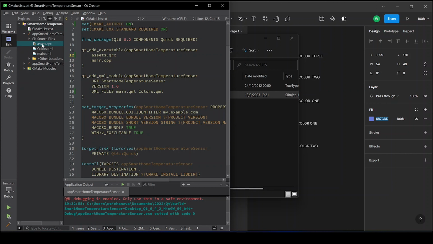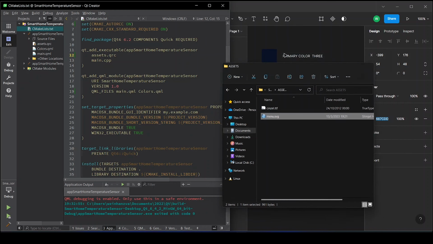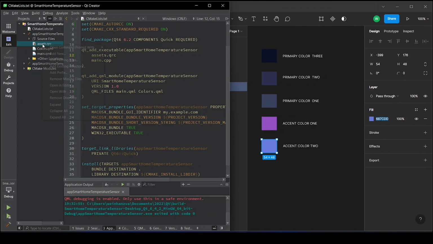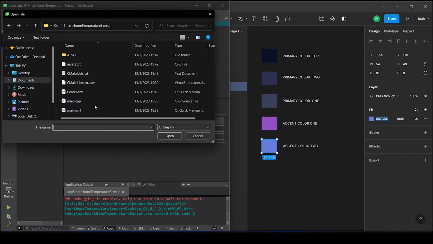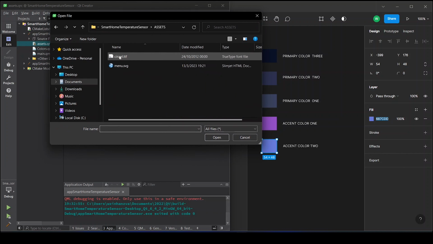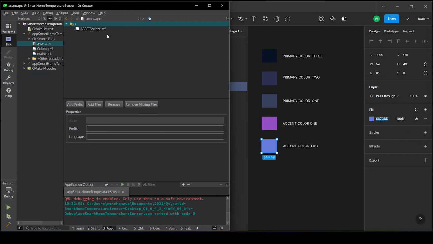We need now to add our font to this project. So we can open this. If you right click, you can open in editor, right? Add a prefix. Just prefer that. Remove everything, then add files. So you go to this folder where our font is, select our font, then open. There it is. Say save,